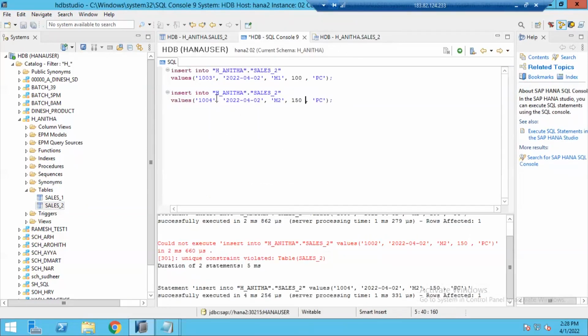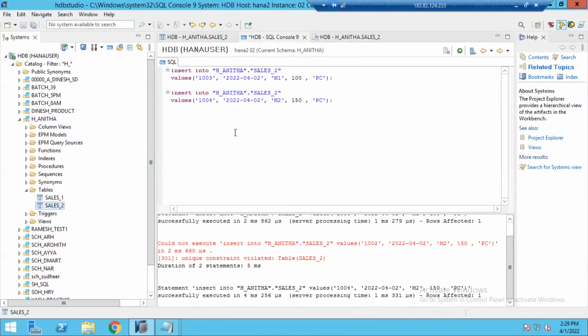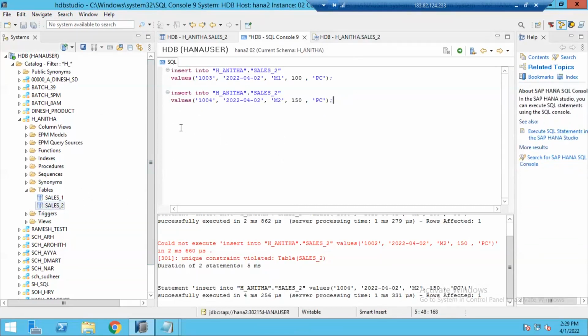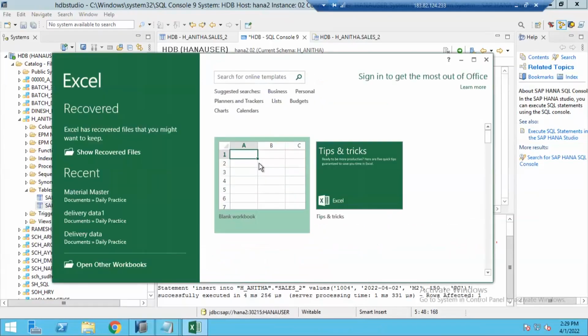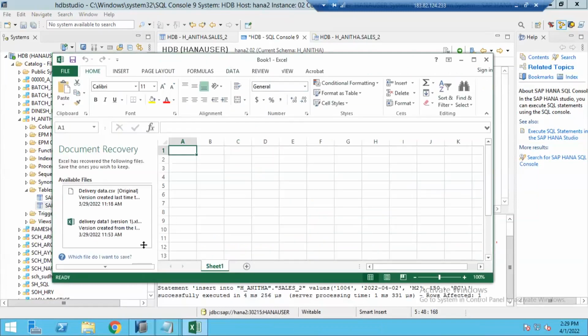So does it mean for every record we need to write an insert statement? No. If you want to insert data manually, you need to write an insert statement. But if you have the same data available in a file, then you can upload the data from the file into your database table. Okay. So now let's cover that topic also. Now I want to add a few more records into my table. Let's do two more records, by creating one Excel file, Excel instance CSV file.